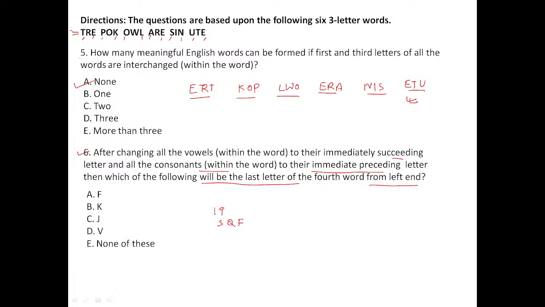Okay, this is it. Next one, P is 16, so we will take 15 here, so O, P. K is 11, we will take 10, so J would be here. Next, O, P, V, L 12, so we will take K -1, 11 place value K. Next, A, B, R 18,